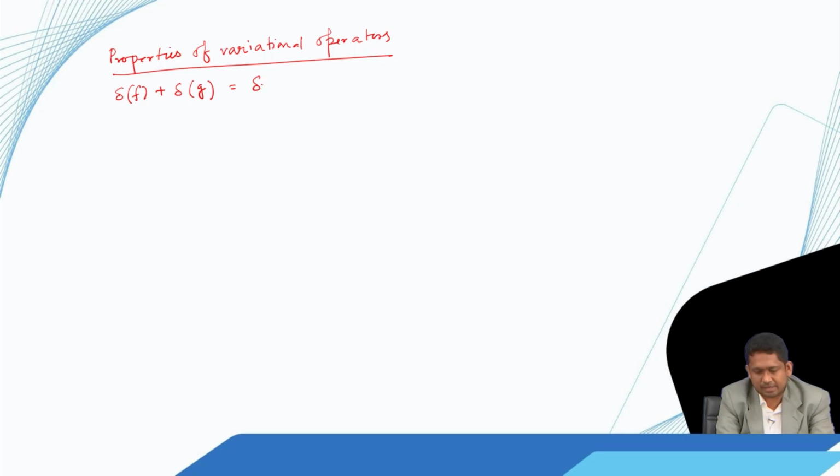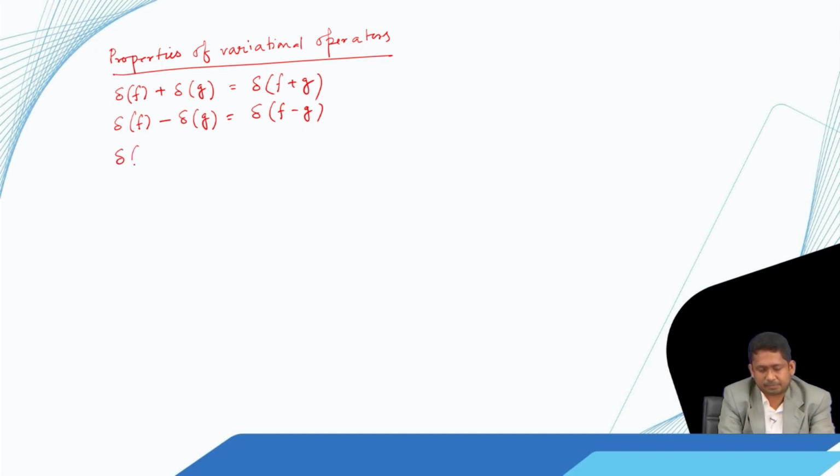So, this is delta of (f plus g). So, if I take f plus g and do its variation, that is same as taking the separate variations and adding them up. Similarly, variation of f minus variation of g is equal to variation of f minus g,